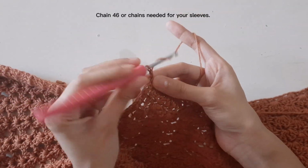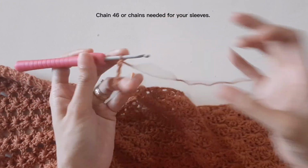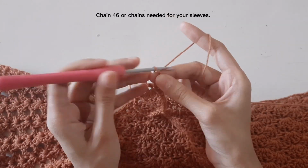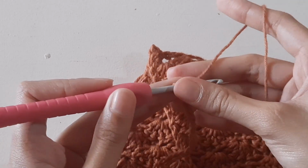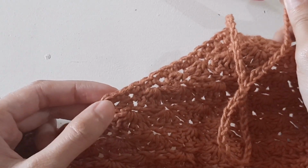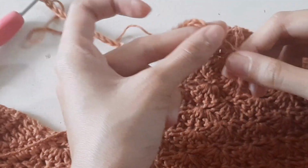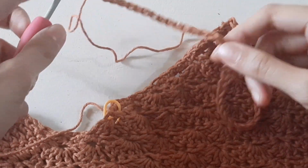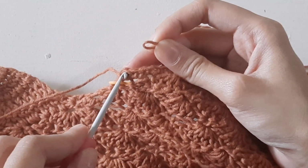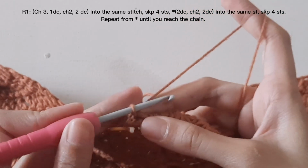Chain 46, then we will slip stitch here in the first single crochet stitch. Make sure that these chains are not twisted before you attach it. Slip stitch into the first stitch, chain 3,